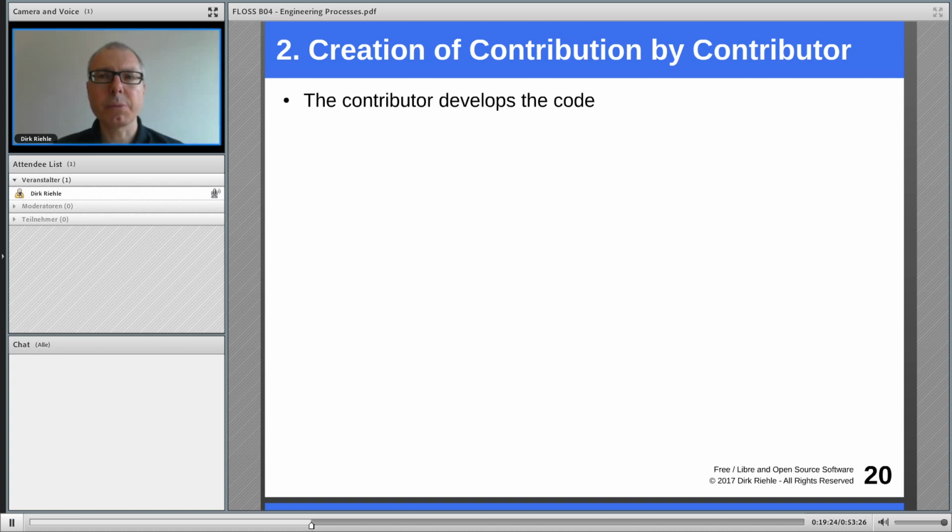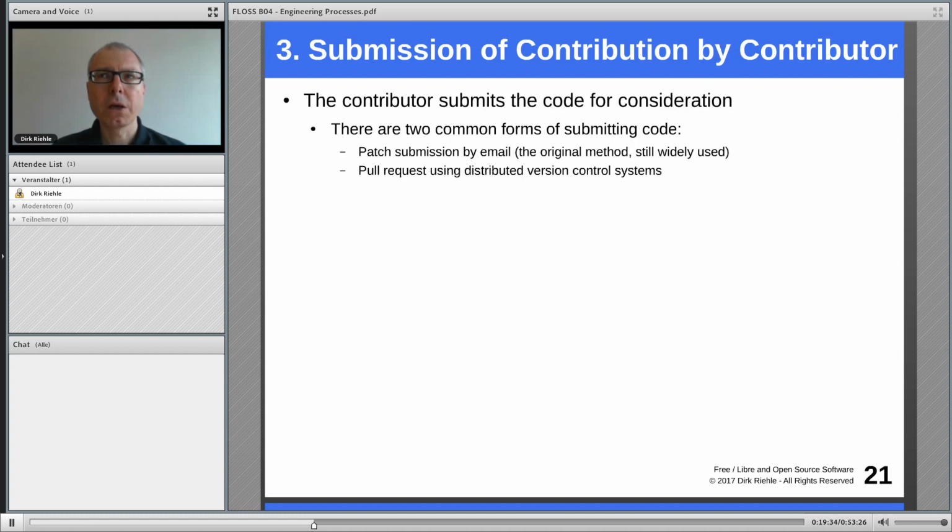So for the sake of the example, let's assume they get this done easily and speedily. So they finish the development of a feature. It works well for them. So then, because they are contributors who do not have commit rights, the contributor we are talking about here needs to submit their proposed contribution